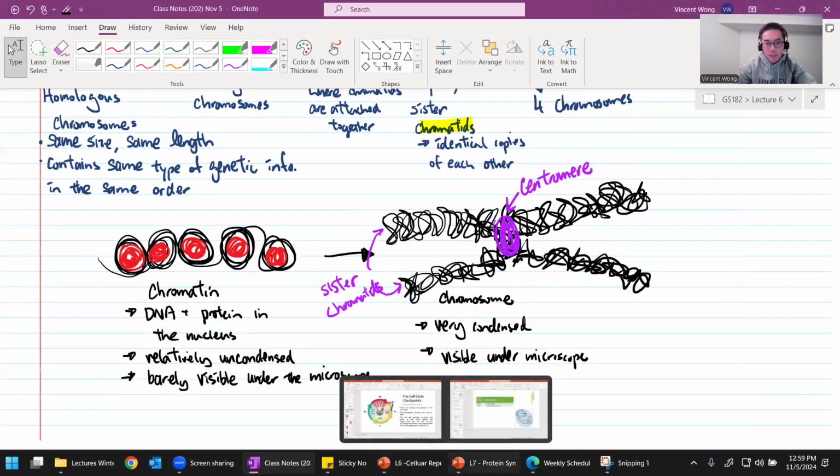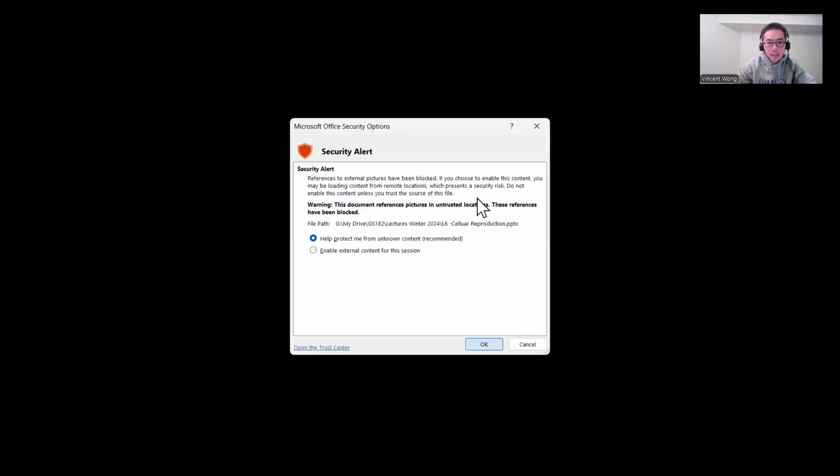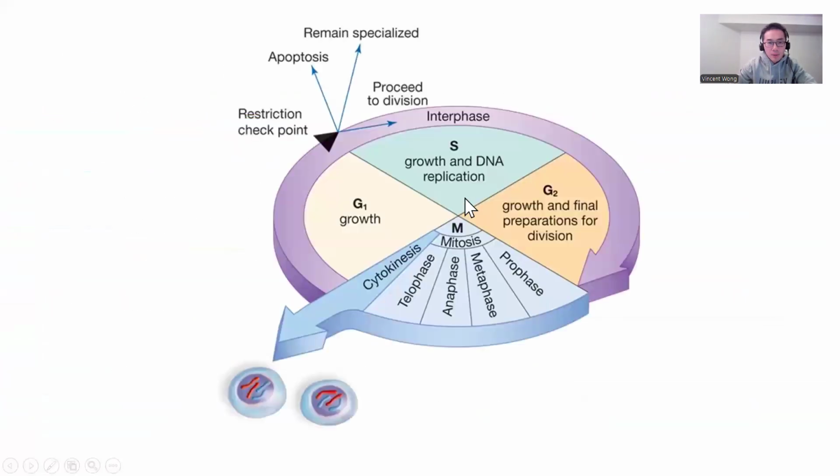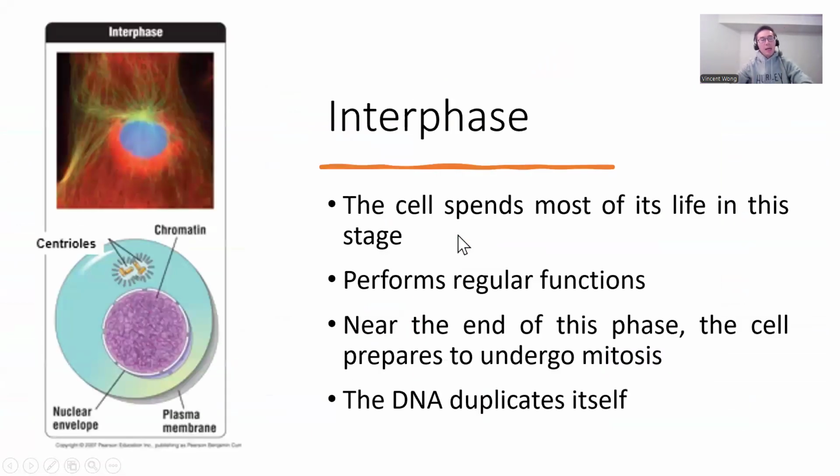We still have quite a bit to write, but for now, let's go back to the PowerPoint slides. Okay, so these are the checkpoint stuff that I told you about. You can read about it yourself. So now we're gonna look at actual cells that are going through the mitosis process. Okay, but first,